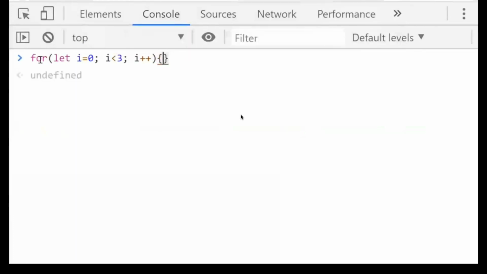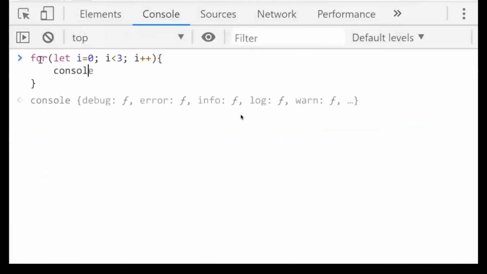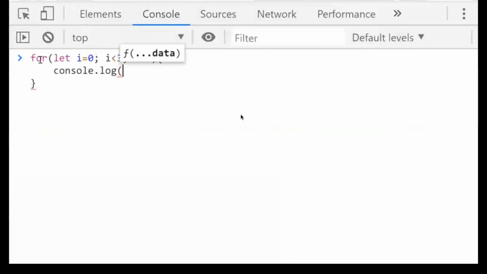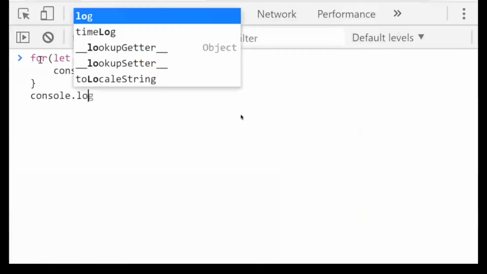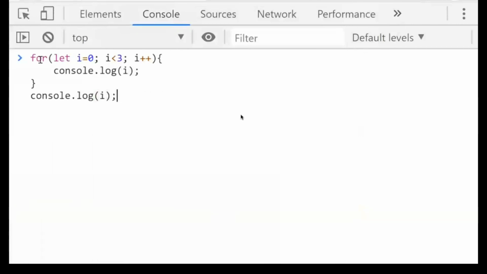So what we are going to do is console the value of i inside the block scope. Remember guys, this is a block scope because we are using let, and outside we are trying to console the value of i.